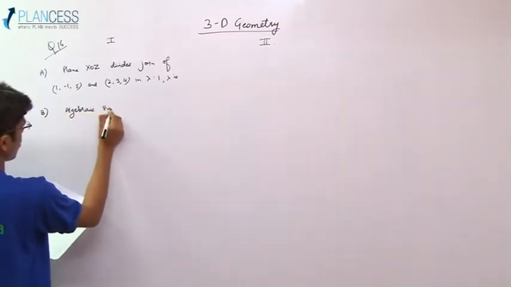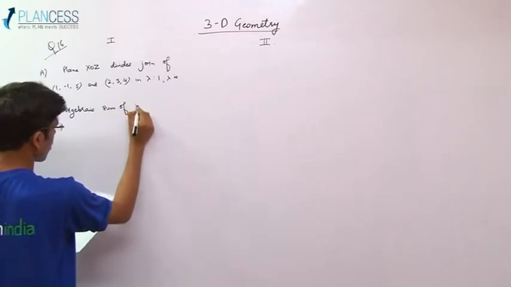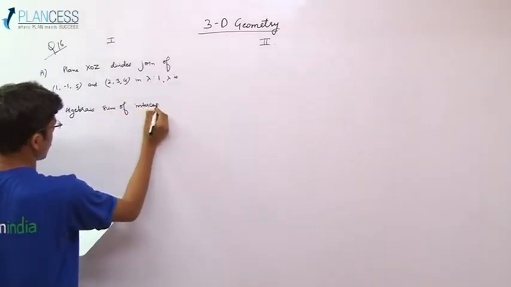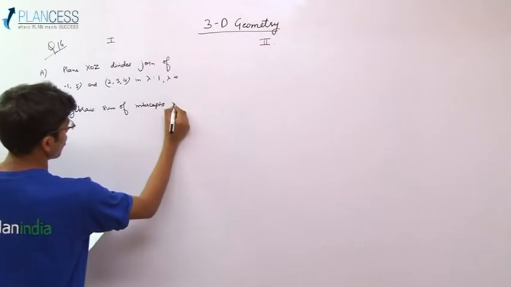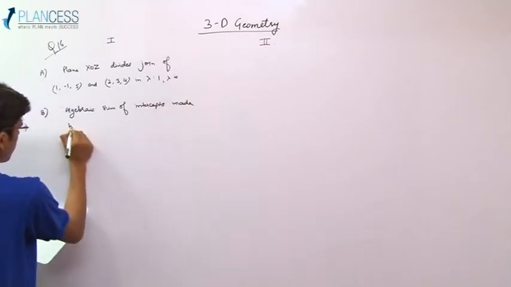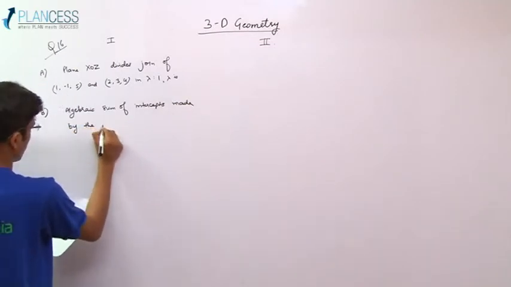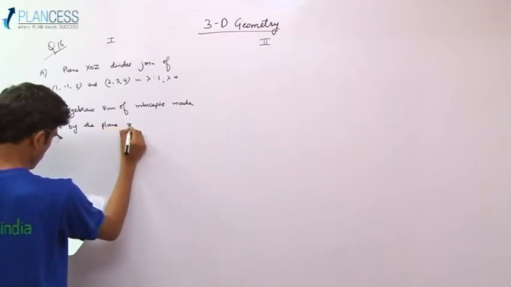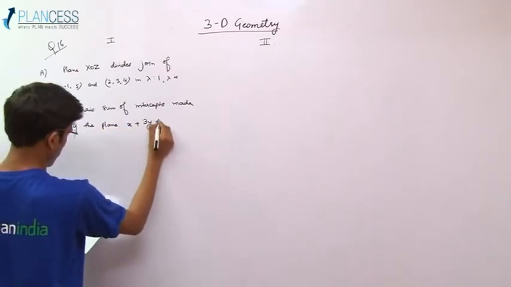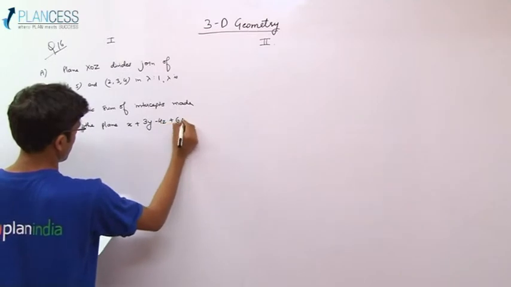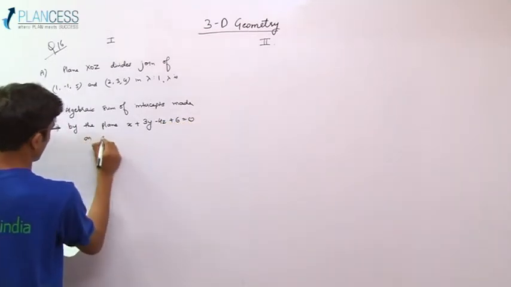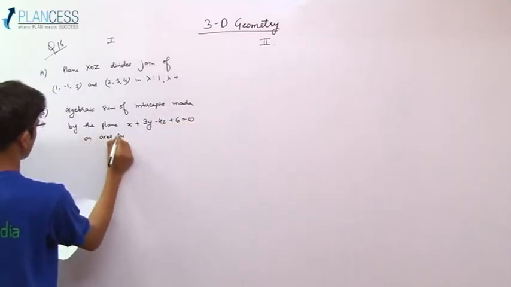Algebraic sum of intercepts made by the plane x + 3y - 4z + 6 = 0 on the axes is